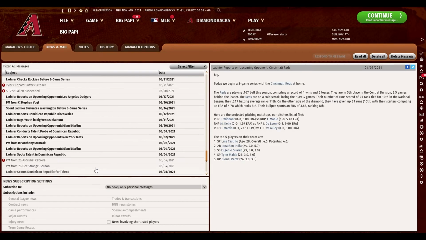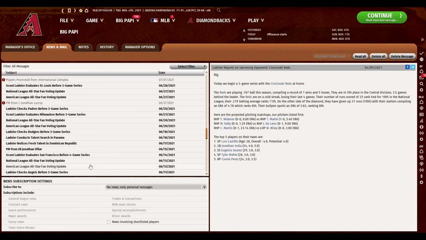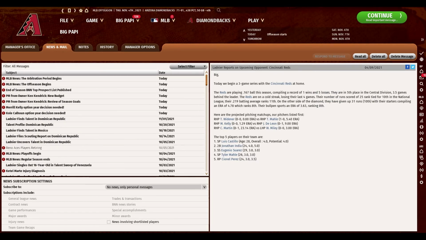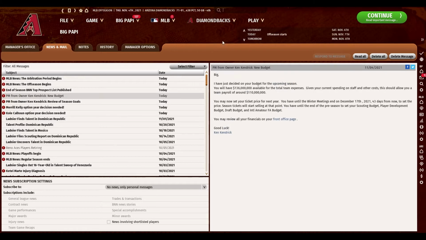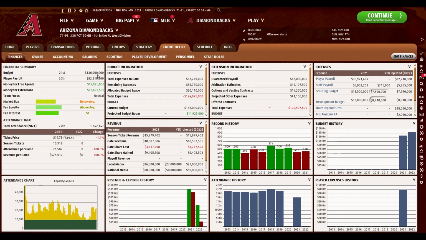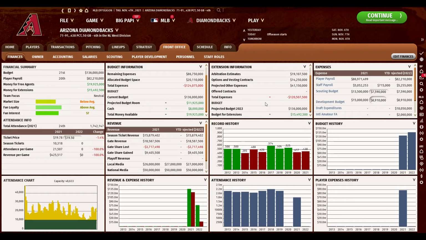But basically, if you look through all these messages, I tried to shut off all the messages, but it wouldn't let me. I had to at least leave the ones that were personal messages. So what did he do to our budget? We have $110 million potential payroll now. So if we go back to the front office, our budget room looks like it's increased a little bit. I think. No, it's the same budget, $136 million. All right, so